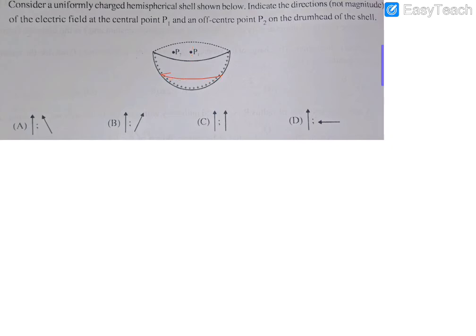Then you can start thinking this way: if we consider a small element over here and try to find the field, it will be in this direction because of that element. And if we consider another element, maybe symmetrically located from that corner or somewhere, this will have a direction in this. Since the second element is far apart, this field will be small in magnitude and this will be large in magnitude, so this is going to be the dominating one for these two elements only.